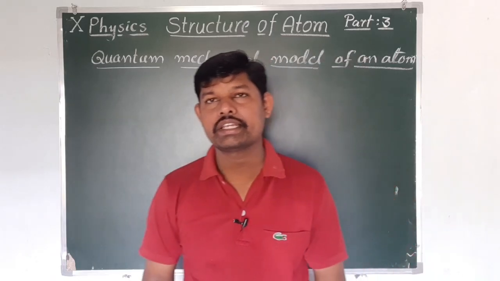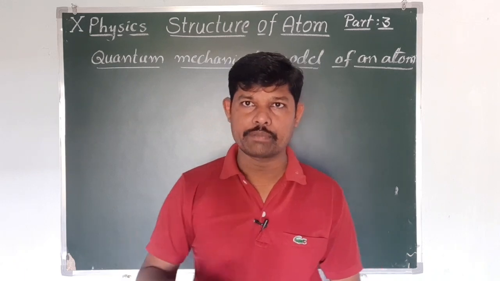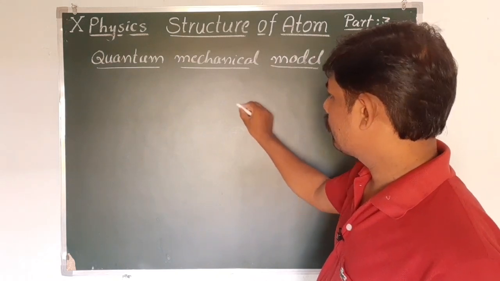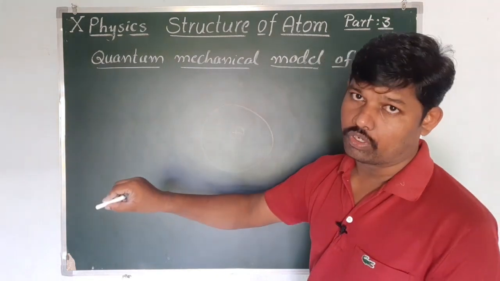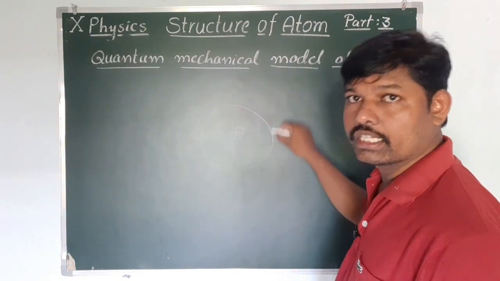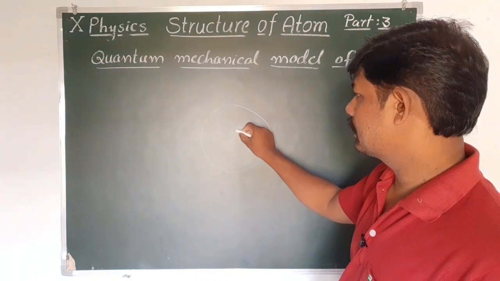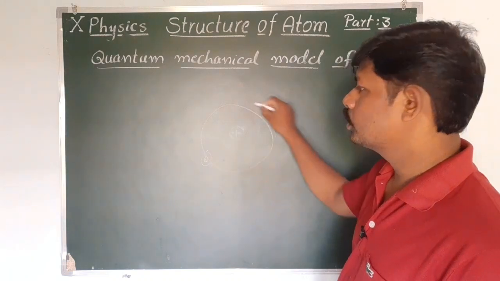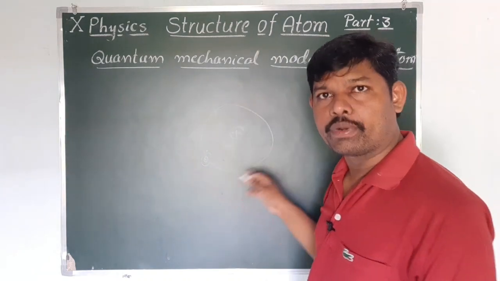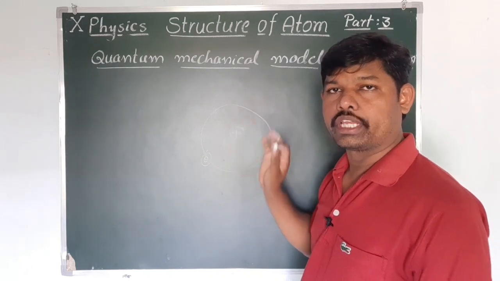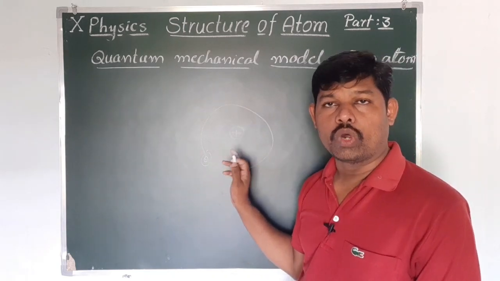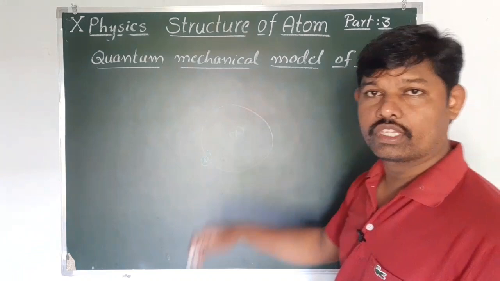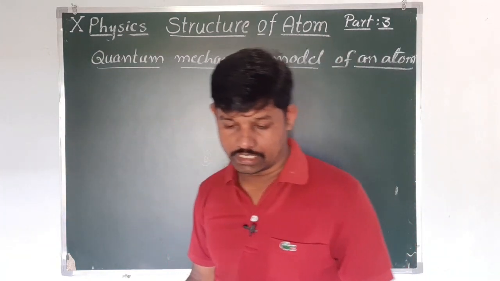If the electrons really follow definite paths around the nucleus, for example, every day morning and evening people go for a walk and go around the park. This is the center of the atom, and electrons are revolving around it. If the electrons follow definite paths, we have to know two things. First, what is the velocity of the electron? That means, what is the speed of the electron?